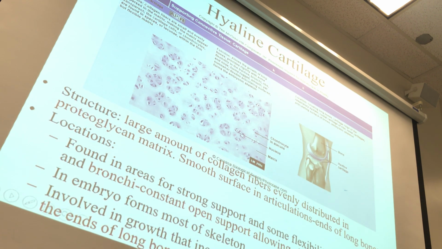So let's talk about this one, hyaline cartilage. Hyaline cartilage is found at the ends of all our long bones. It's found in the movable joints of our long bones. So when we talk about the hyaline